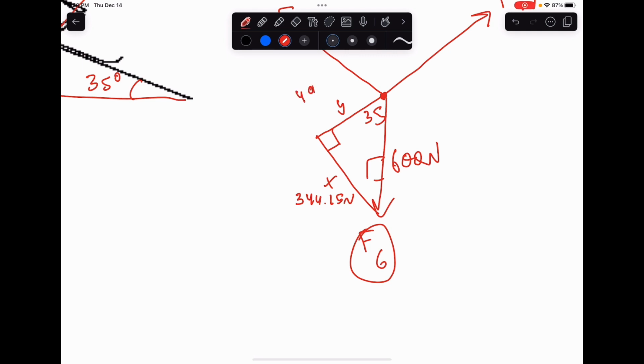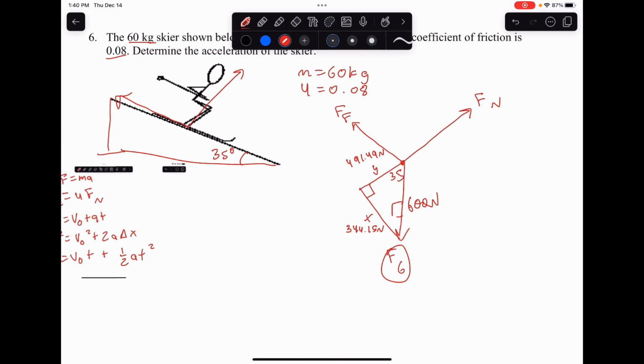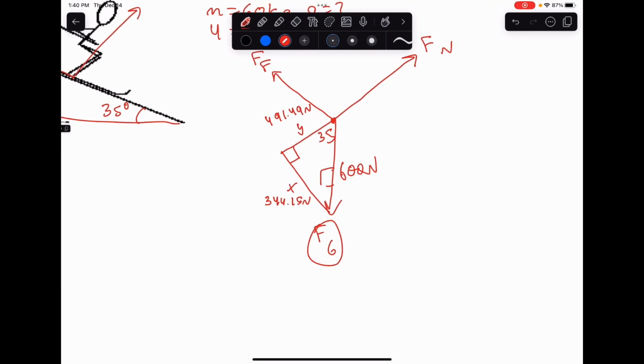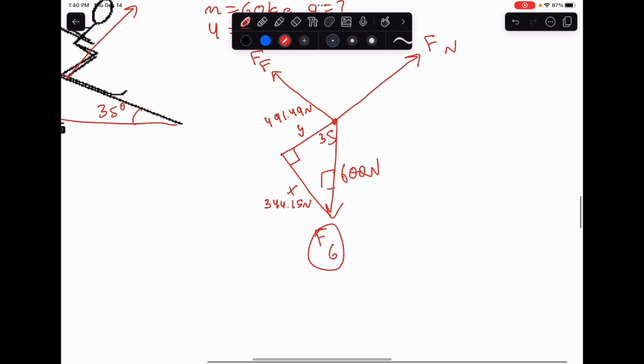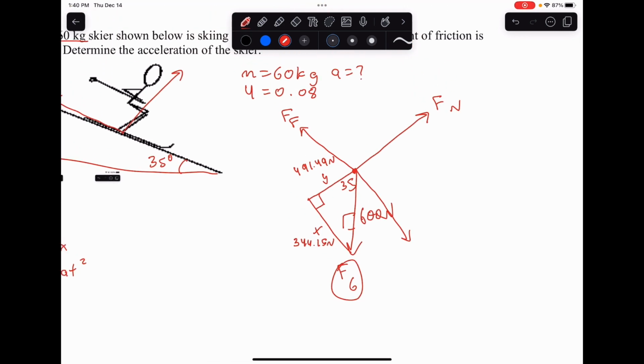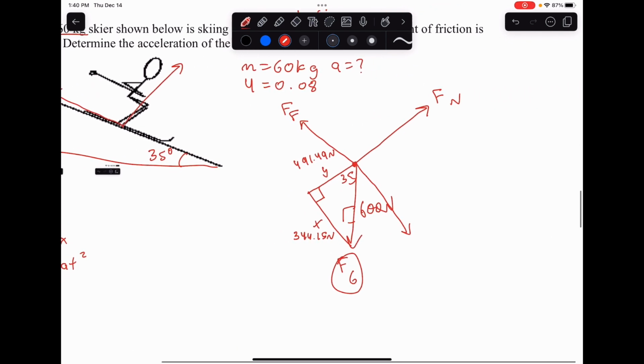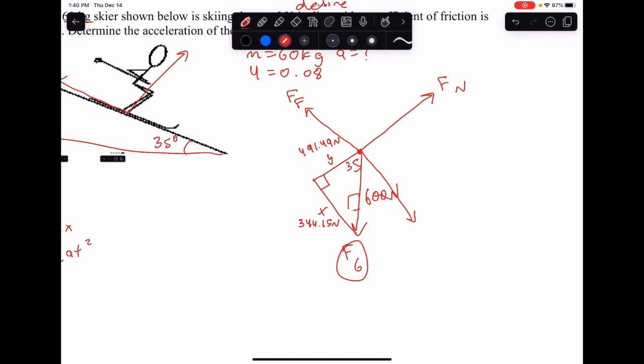Either one works. And we're looking for the acceleration. So acceleration equals question mark. So if we look, the skier is moving in this direction. And our gravity is taking us this way too. And the total force is going to be this force going this way